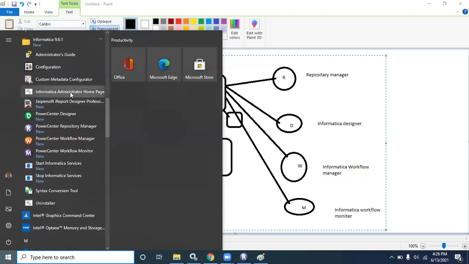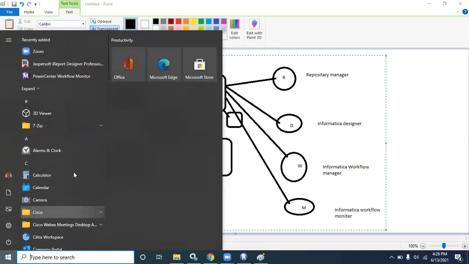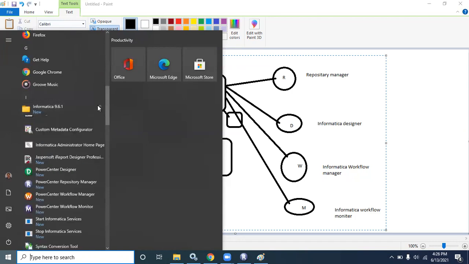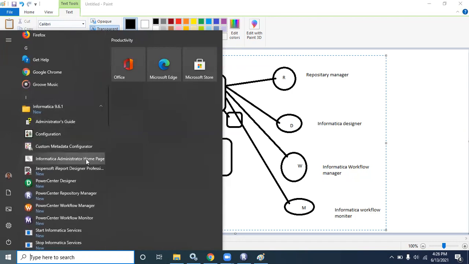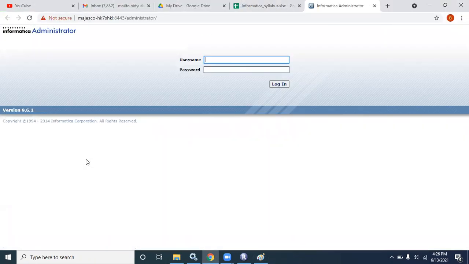One of them is the Informatica Administrator homepage. I'm selecting it, right? This is the page we click to go to the administration page. When I click this, it automatically goes to a web URL.